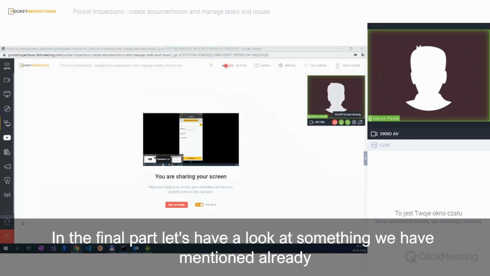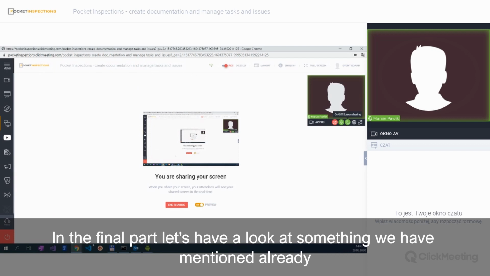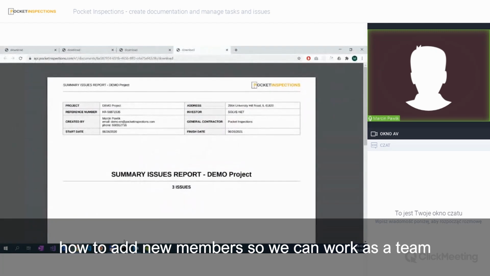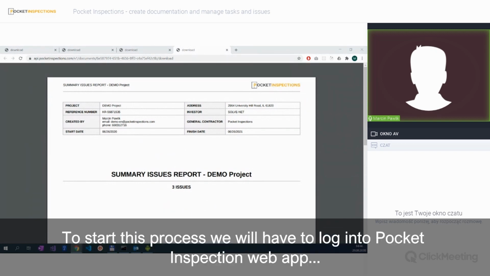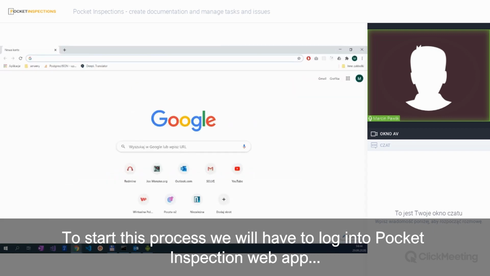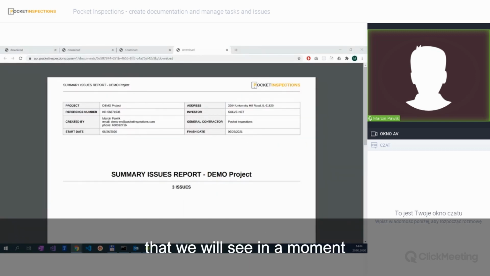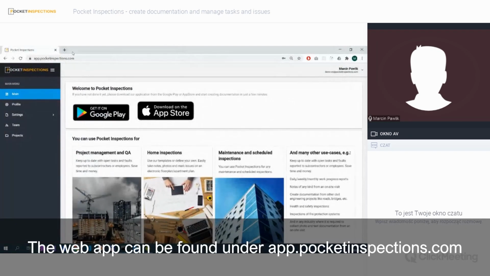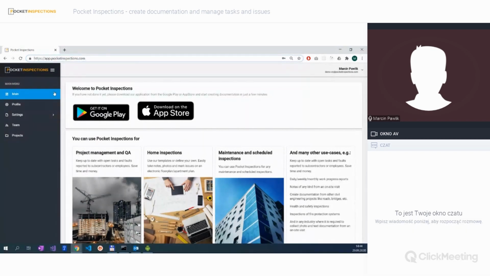In the final part, let's have a look at something we have mentioned already. How to add new members so we can work as a team. To start this process, we will have to log into Pocket Inspection web app. That we will see in a moment. The web app can be found under app.pocketinspections.com. Once we are in,